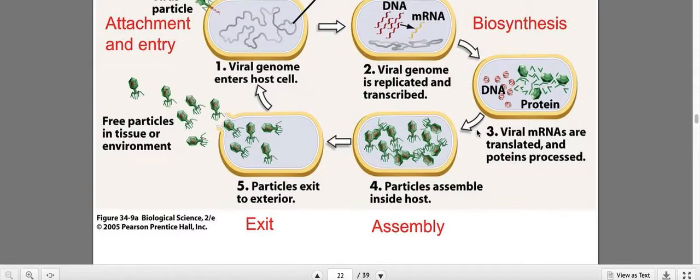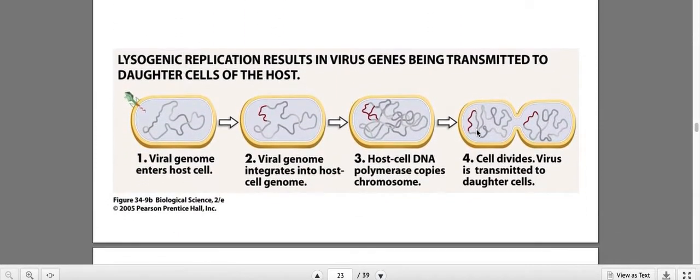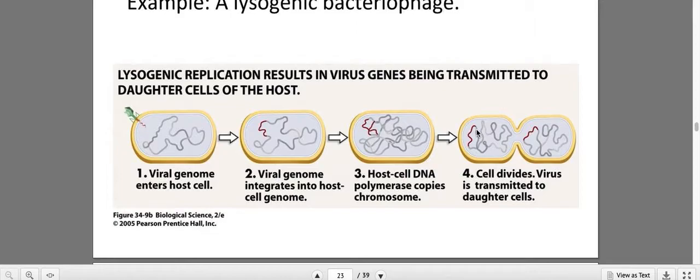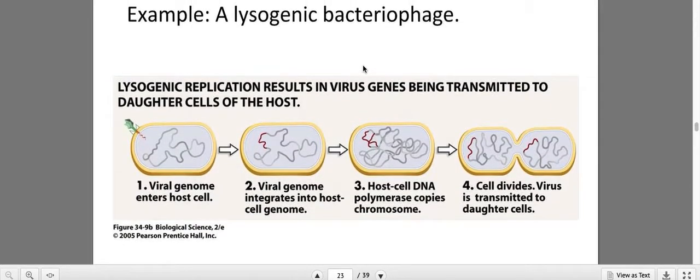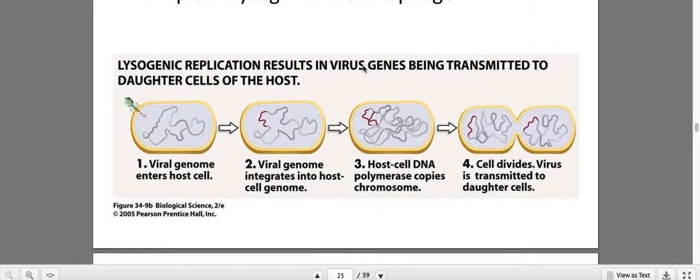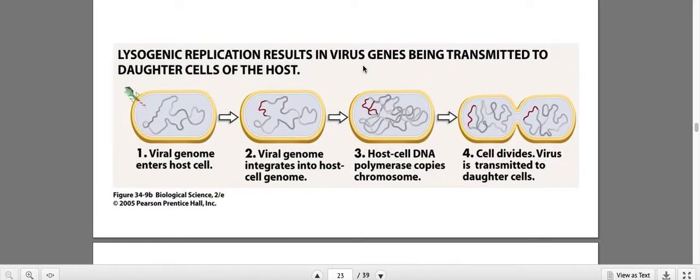But not all viruses destroy the cells in the process, right? Some of them do it more discreetly, right? So this is a lysogenic bacteriophage. So lysogenic bacteriophages are different in that they don't just come in, make copies of themselves, and then get out really quickly and destroy the cell. Some of them like to stick around a bit longer, you know, when the cell is doing fine, when the environment is okay. What they do is they just stay in the cell for a really long time, and when the cell divides, it divides with it.